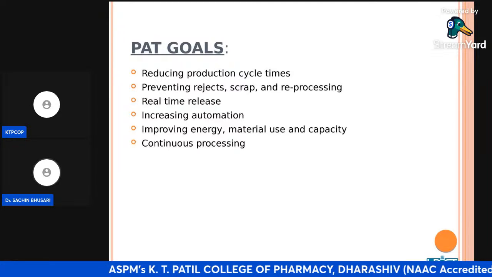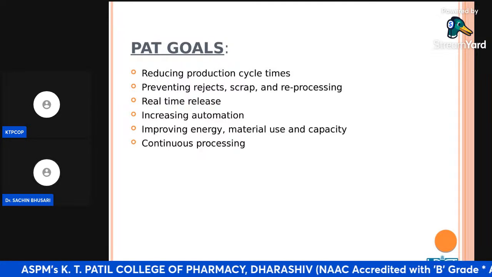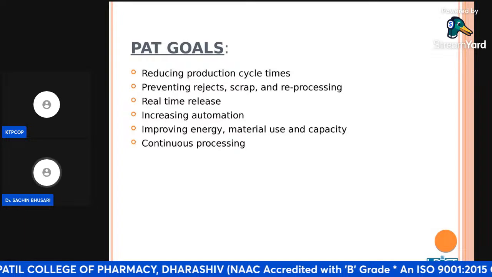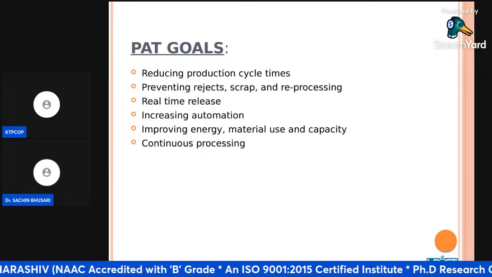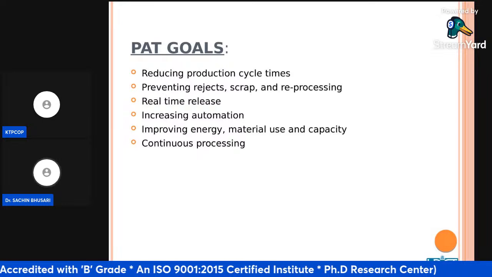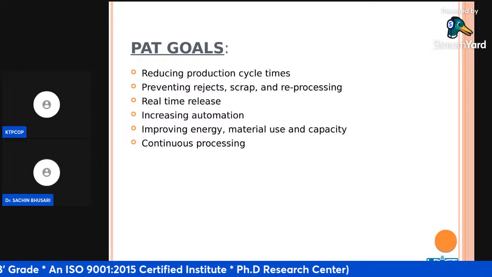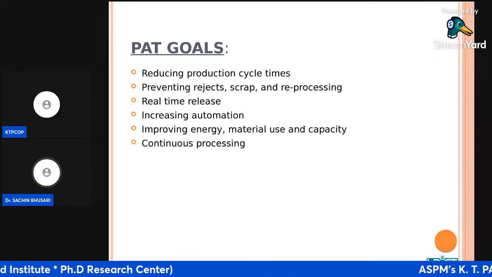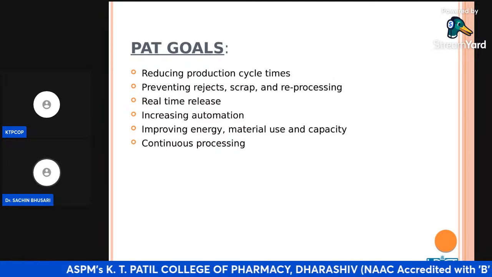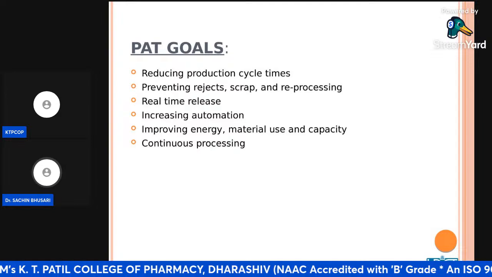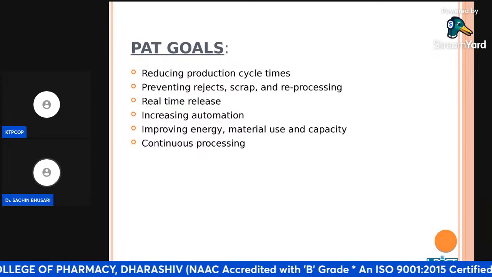Nowadays, if you look into the industry scenario, getting well-trained manpower itself is the biggest task, the biggest issue. So automation is highly preferred in all industries. You consider automobile, pharmaceutical, food, every industry, whatever the scenario, they are all moving towards automation, because human error is definitely there. If you automate the process, you can reduce the human error, and if you reduce the error, you can get good quality material.